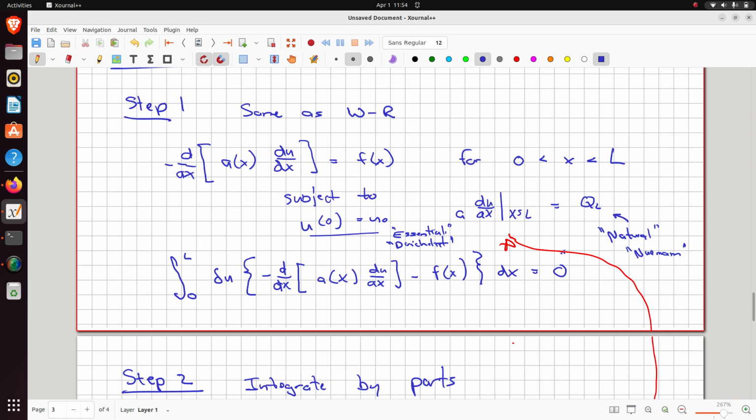I tend to call them essential and natural because in my head they make sense to me. Again, I've already explained why natural makes sense to me, because it naturally fits into the weak form. Essential, the reason I like to use it is because ultimately,